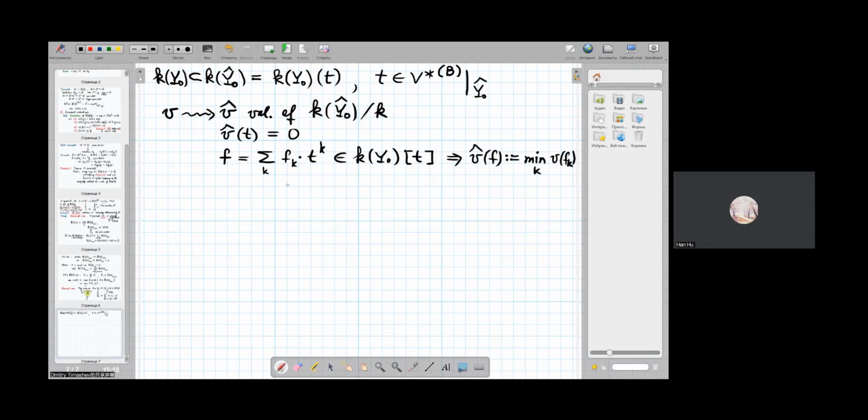And if your function is not a polynomial in t, so in general, if your f is a ratio p over q, where